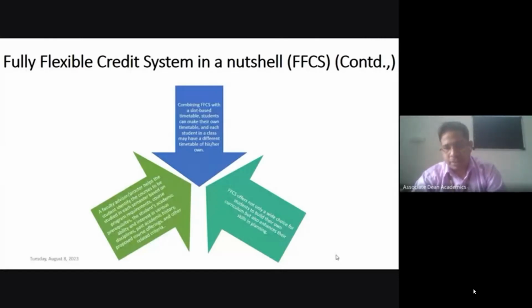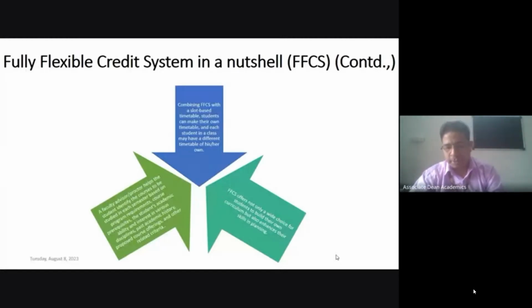And then FFCS offers not only a wide choice for students to build your own curriculum, but also enhances your skill in planning, because we are not forcing you to study any course at a particular time only. You are preparing your own timetable as per your convenient timing.